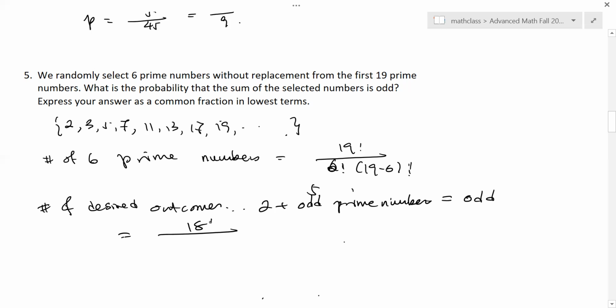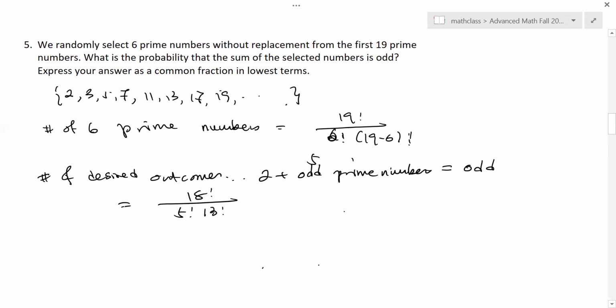So it's 18 factorial divided by 5 factorial, and that's 13 factorial, since 18 minus 5 is 13. The reason I'm not going to multiply them out is here's 18 factorial, 5 factorial, 13 factorial, over 19 factorial, also 13 factorial. So now you can simplify,